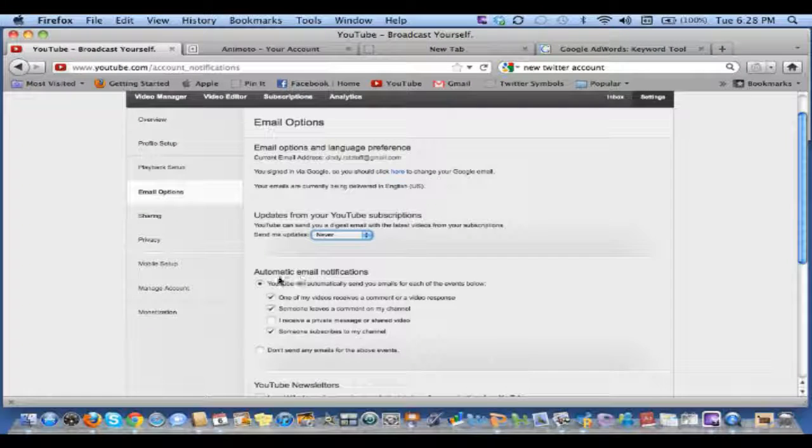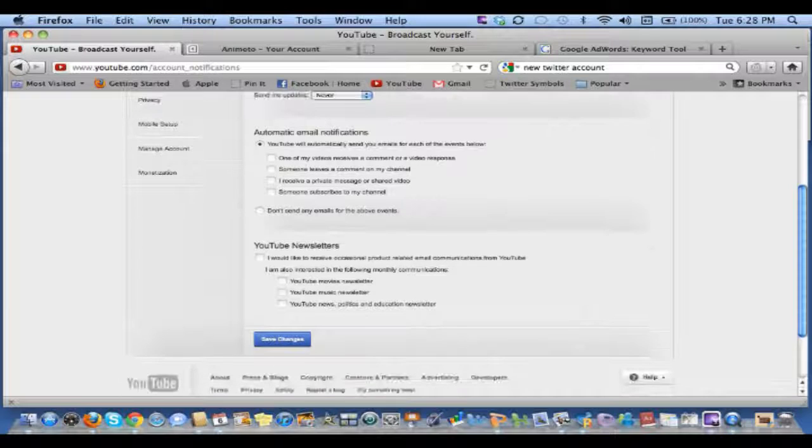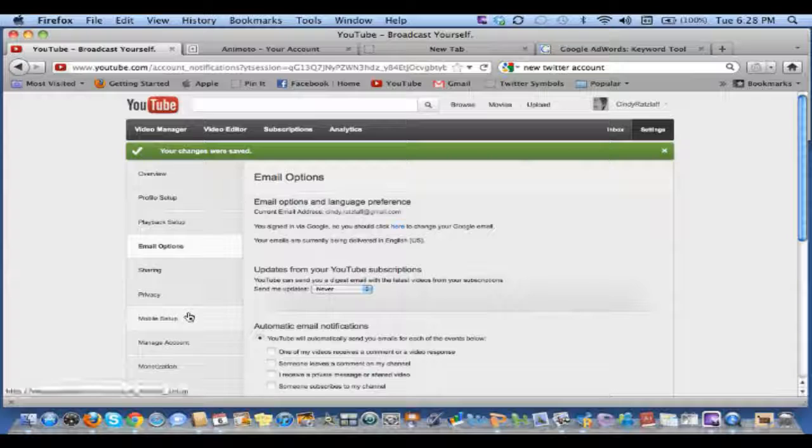Again, automatic email notifications. YouTube automatically sends me an email when one of my videos receives a comment. And I'm going to decide I don't care about that. I'm going to come back here and check regularly enough. So I'm going to uncheck that. If someone subscribes to my channel, uncheck. I don't want to get these emails because, again, I come back here all the time and I check. So I'm going to save those, and I'm going to go on to the next thing I get to choose,